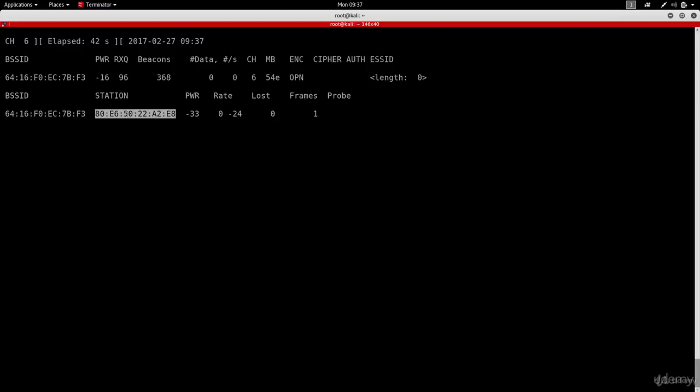So what we're going to do now is use a deauthentication attack like we did before, and we're going to disconnect this device from this network. But the difference is we're actually going to disconnect it for a very short period of time so that it automatically reconnects to the target network. And when it does that, it's going to send the network name in the air. Since we have airodump-ng running, it will be able to capture that name